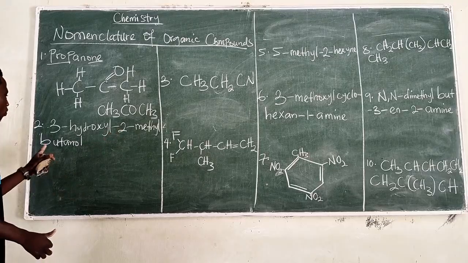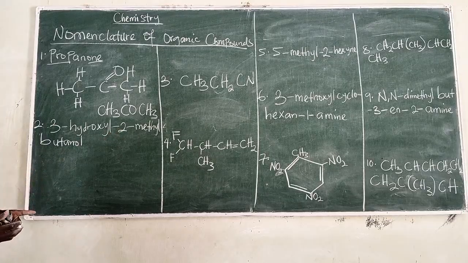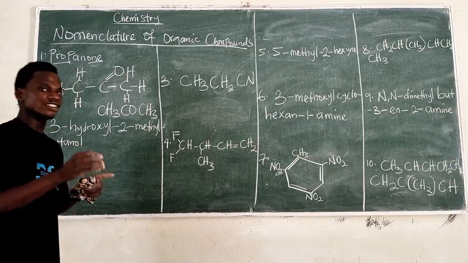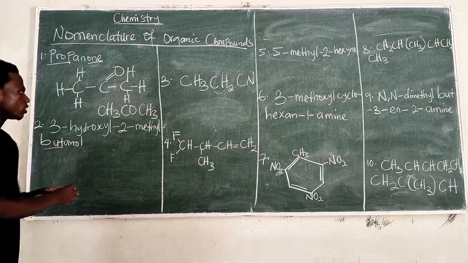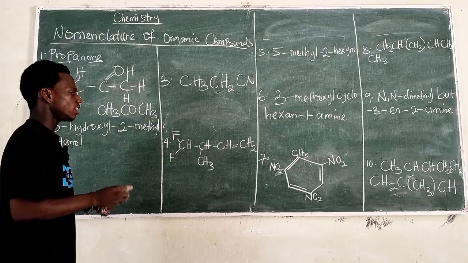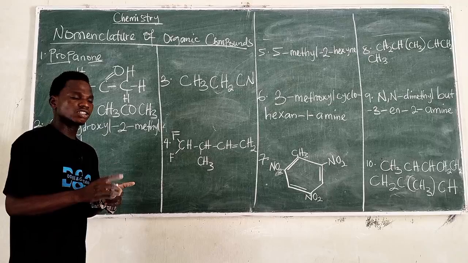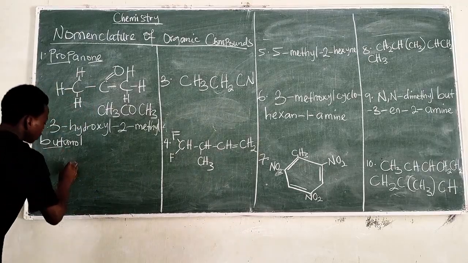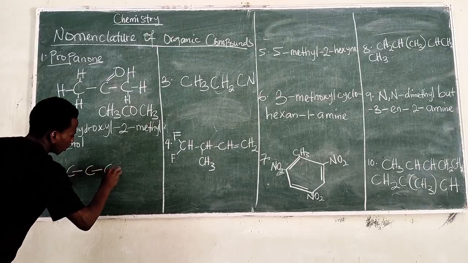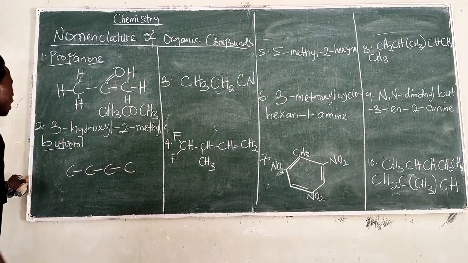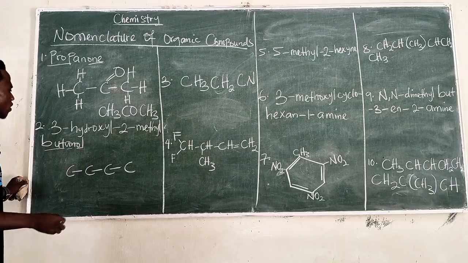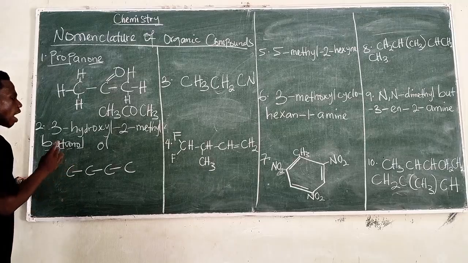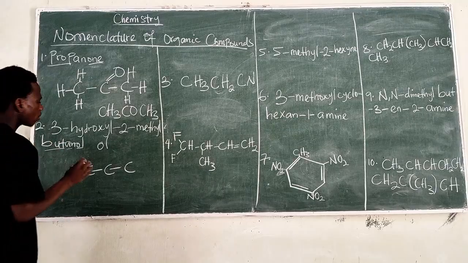So on the second name, we have 3-hydroxy-2-methylbutanol. Please, like I said before, first thing first, identify your longest continuous carbon chain, which in this case is BUT. And like I said before, BUT indicates 4 carbon atoms. And it's butane, so it's indicating that these four carbons are single bonded to each other. And then the next thing to do is to identify your functional group, which in this case is OL. OL is an indication of the alcohol functional group. So alcohol